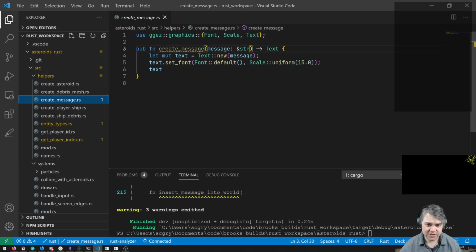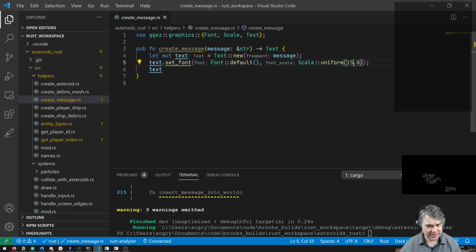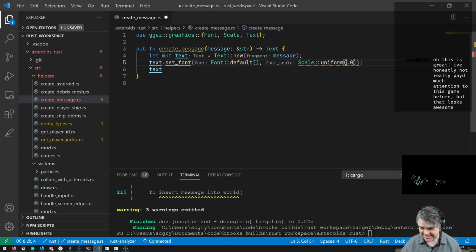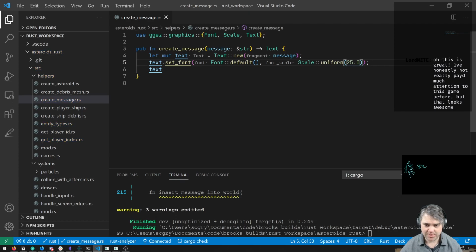So we have here create message. It will take this message as a str. It will create a text. It'll set its font. We're just doing 15 right now. I want to say this needs to be bigger, like 25, but I don't remember.